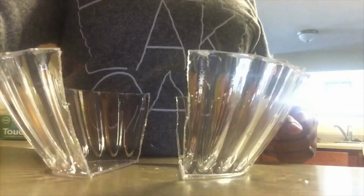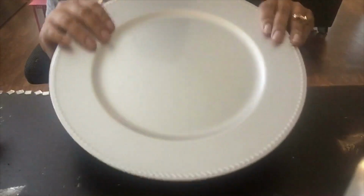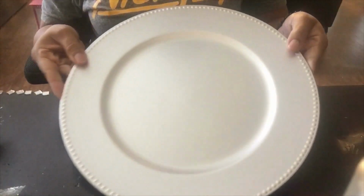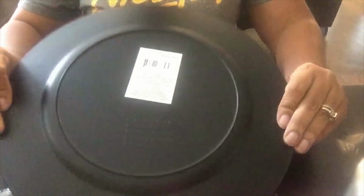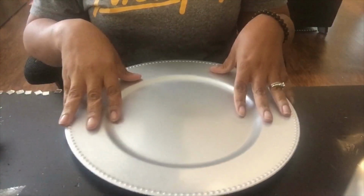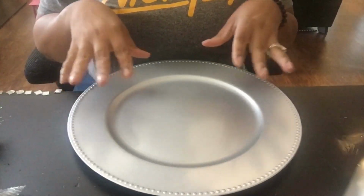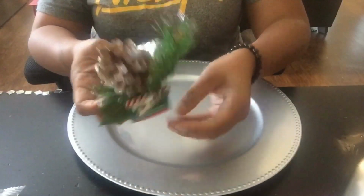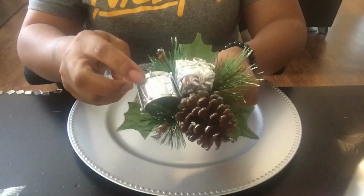Now, you guys, I'm also going to take one of these silver Dollar Tree charger plates. They have them in silver and gold, usually, is what I see the colors at the Dollar Tree. And I am going to turn this plain Dollar Tree charger plate into a beautiful wall sconce for Christmas. And I'm going to use one of these cute and very festive Christmas picks that you can also get from